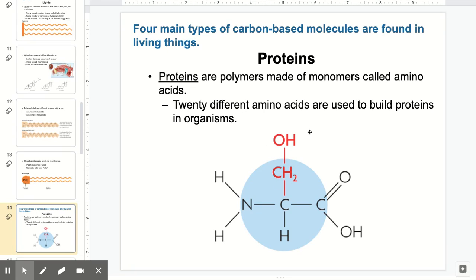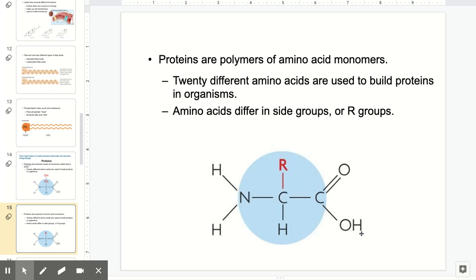This red portion here is like a variant group, and it can change. We have a nitrogen, hydrogen, hydrogen bound to a carbon, and then a carbon bound to an oxygen, oxygen, and hydrogen. So here we have this R side chain or R group, and this R group is different depending upon which of the 20 amino acids